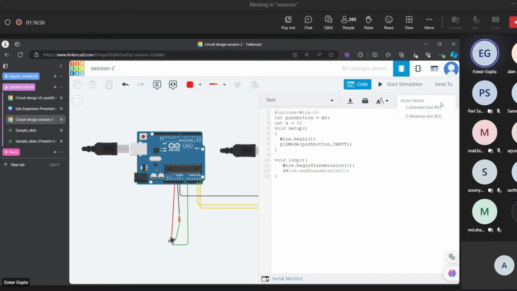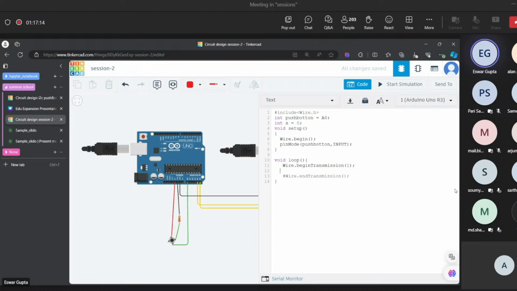So here it is, right? This is the code of the slave. I had not written anything. Here I will declare Arduino 2 as slave number 1. Here I need to mention to which slave I am transferring data. So Wire.beginTransmission of 1. That's how it works. So I am beginning the transmission.